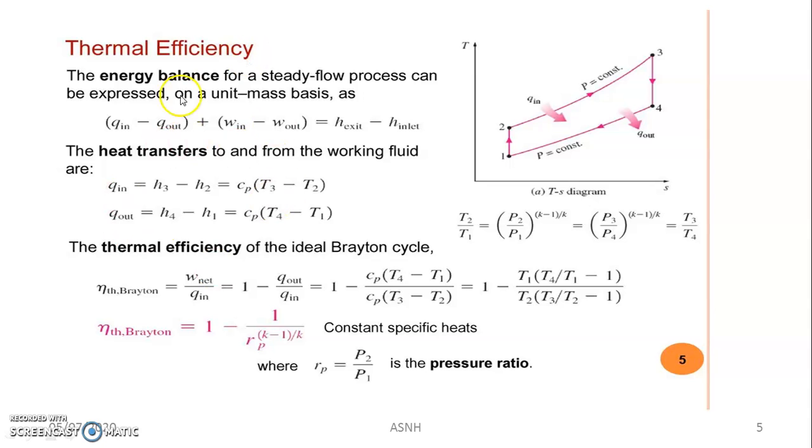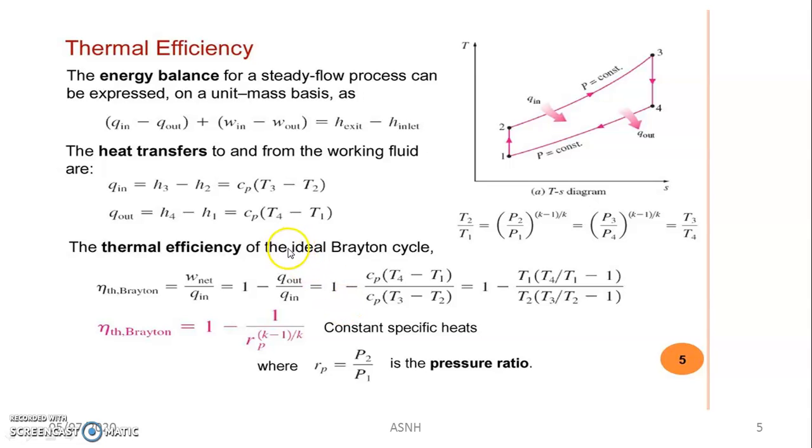So work done is nothing but the heat supplied minus the heat rejected, and heat supply happens in the combustion chamber. And after modification, here we will get the idea about the efficiency of the Brayton cycle. In terms of the pressure ratio, the efficiency is 1 minus 1 upon r raised to (gamma minus 1) upon gamma. So this is all about the thermal efficiency of the Brayton cycle. It will help you to solve the numericals.